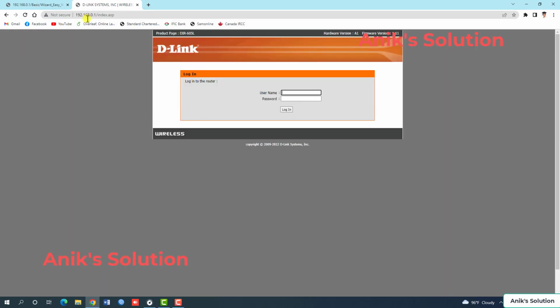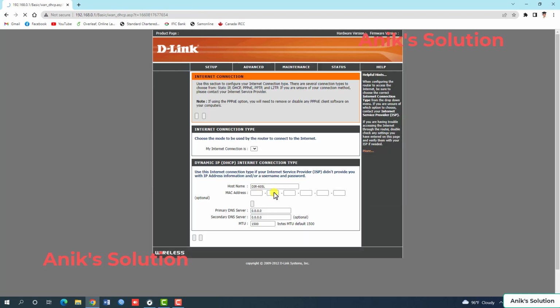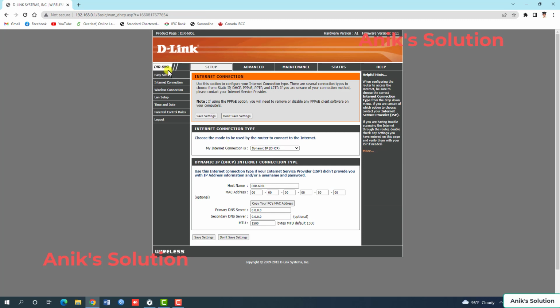Now we click the manual setup because we want to set it up manually. Then we go to the manual setup and click the manual setup. Now in manual setup, click internet connection. My internet connection is dynamic IP. For static IP, here you see the IP address, subnet mask, and gateway to write,